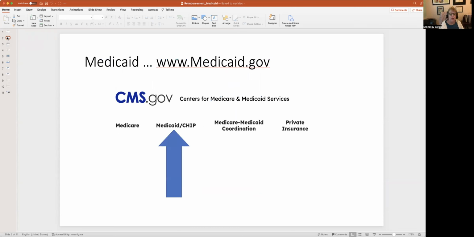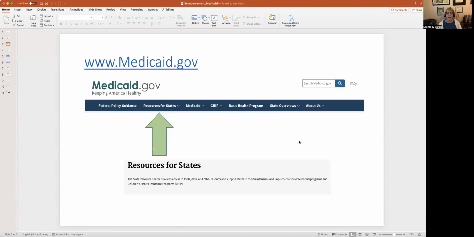So, the first thing you need to know is on a national basis, you're going to go to cms.gov. And when you click on Medicaid slash CHIP, Children's Health Insurance Program, it will bring you to www.medicaid.gov. Okay, so you have two paths for getting there for information about Medicaid. And you will see, if you remember,